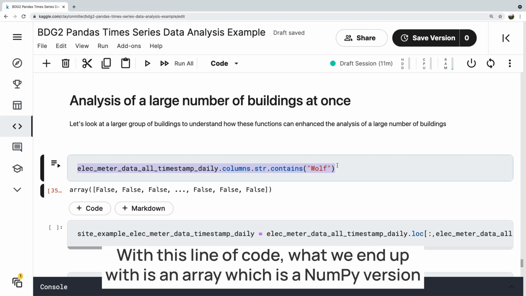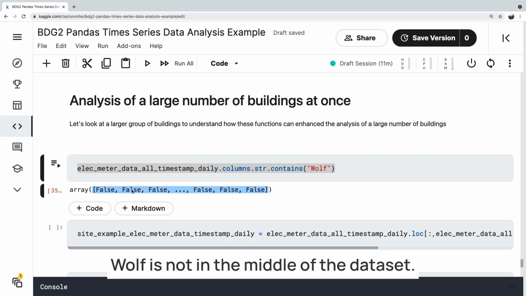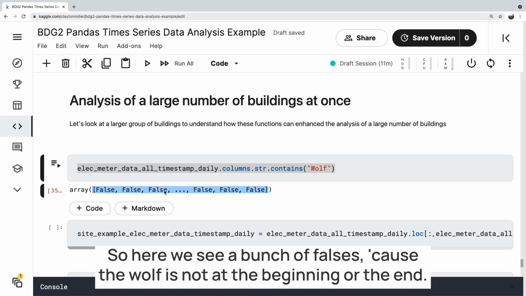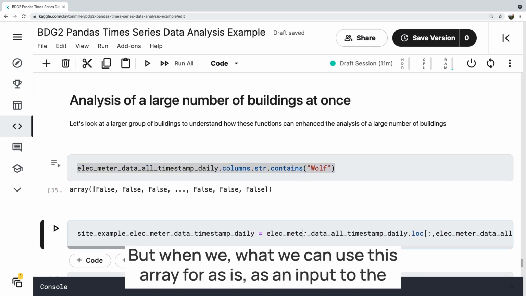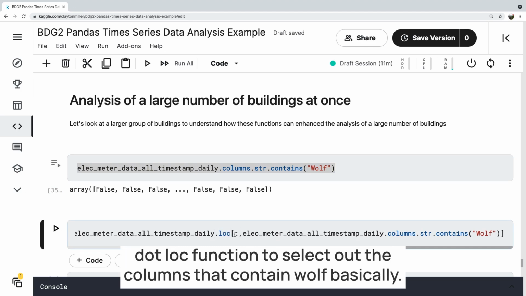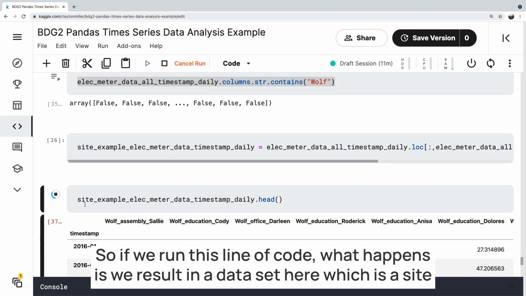With this line of code, what we end up with is an array, which is a NumPy version of a list that has either true or false. Wolf is not in the middle of the data set. So here we see a bunch of falses because the wolf is not at the beginning or the end. But what we can use this array for is an input to the .loc function to select out the columns that contain wolf, basically. So if we run this line of code, what happens is we result in a data